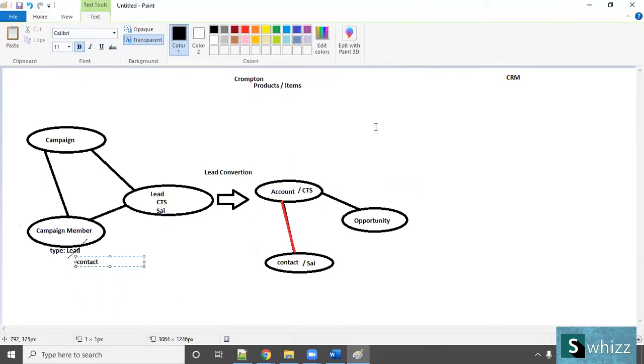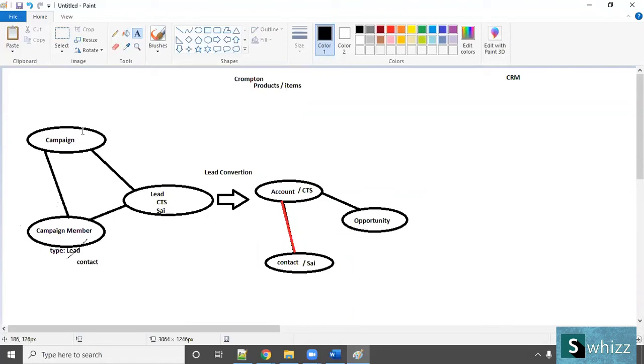So now what I'm trying to say is, I have some products, I do some promotions on those products, I captured some leads and I converted those leads to a business. In the part of business, account, contact and opportunity will be involved. So in the opportunity, I am going to maintain how many products I have sold, what kind of products, what category of products, what amount I gained from this customer, every financial-related detail, and all prospect-related information will be held inside this order. Let's call it an opportunity.